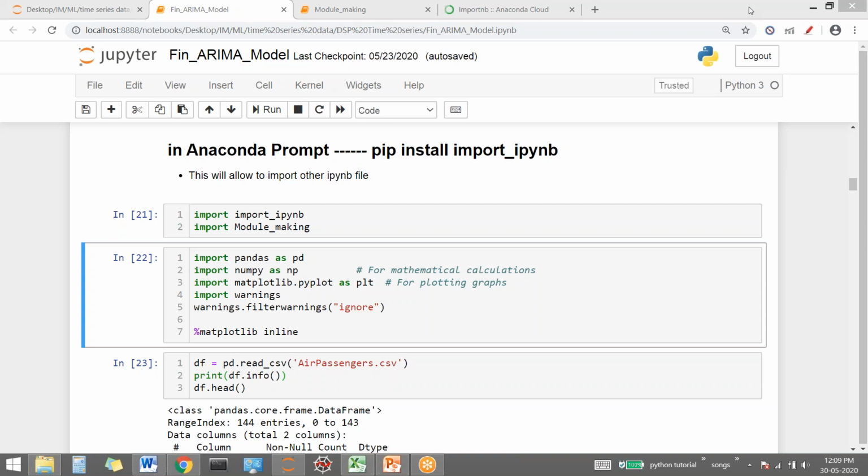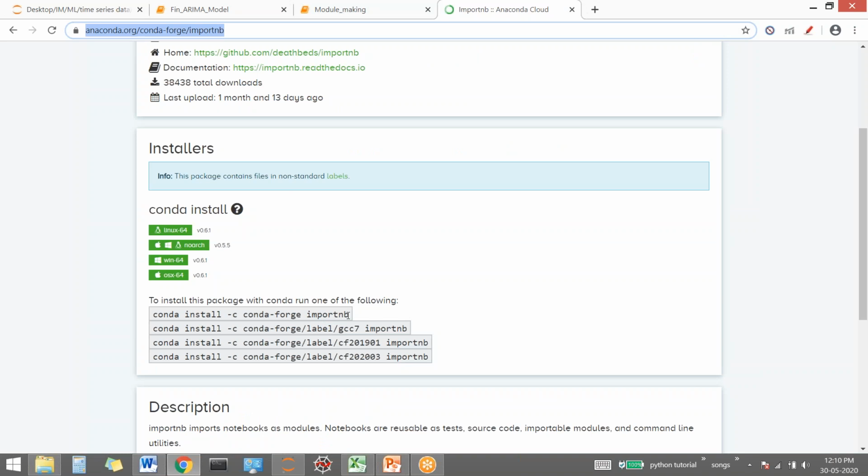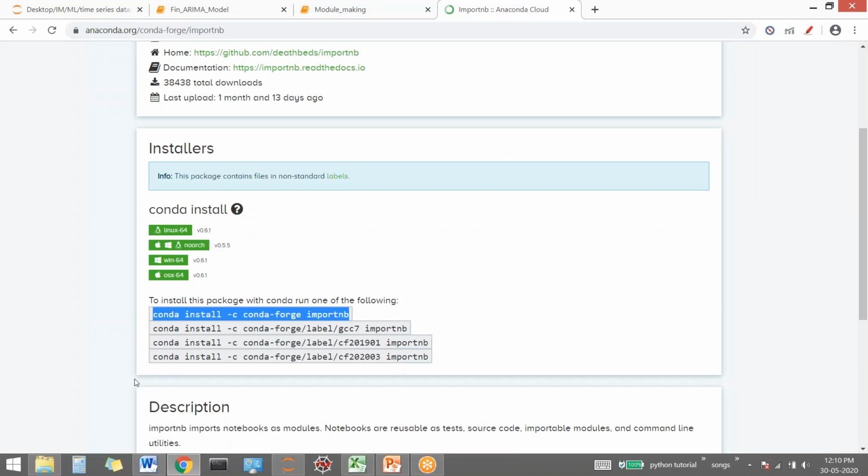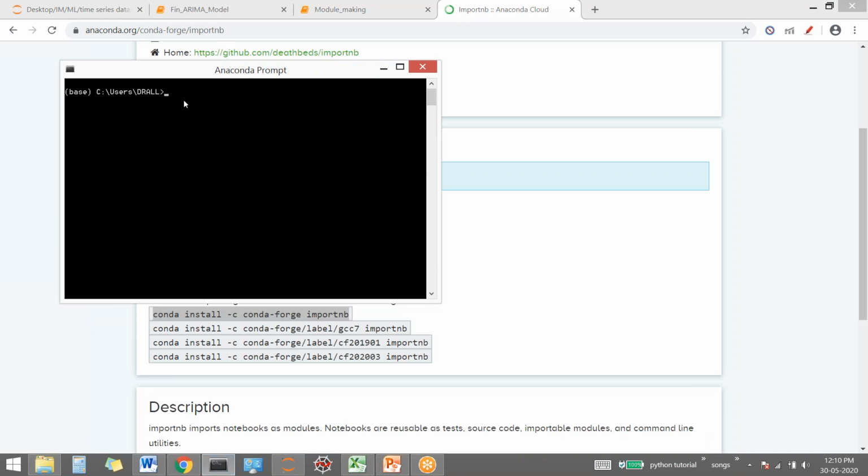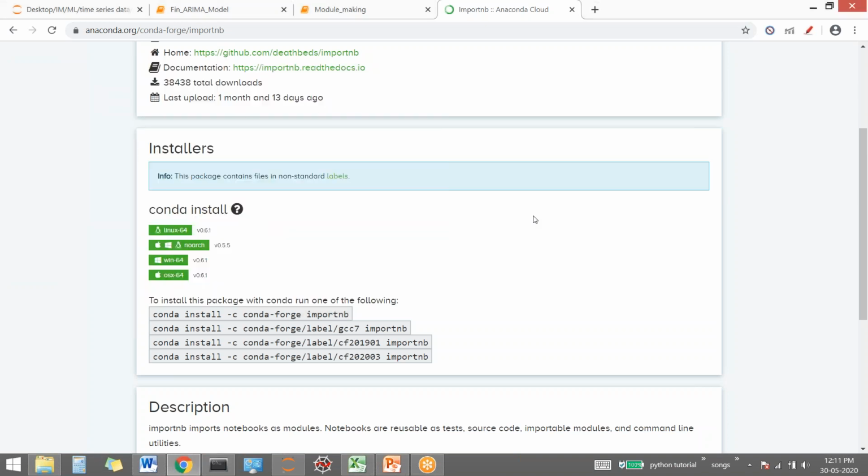See, go to the simple link that I have shared with you. Go to that page, copy the very first command. Okay, copied. Go to Anaconda prompt. Go to Anaconda prompt and just copy paste this command and hit enter. Just paste it and enter. By this the ipynb module will be imported to your system.